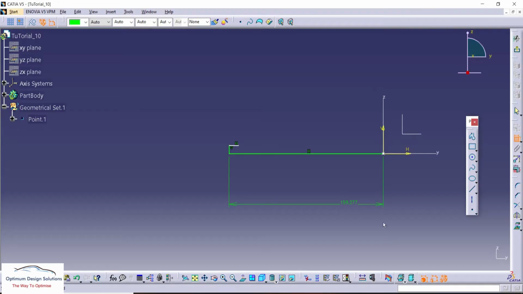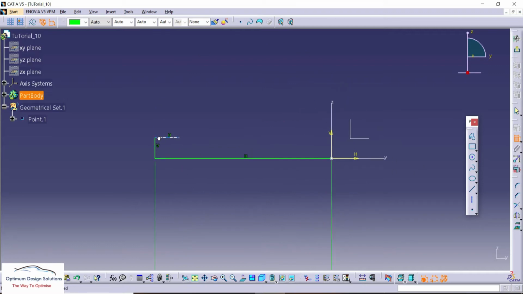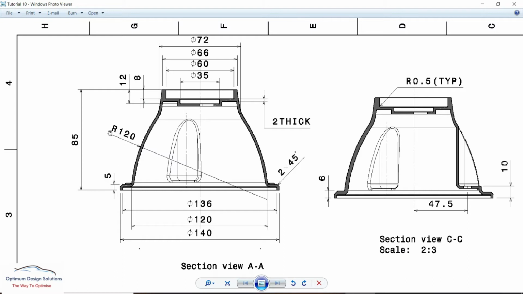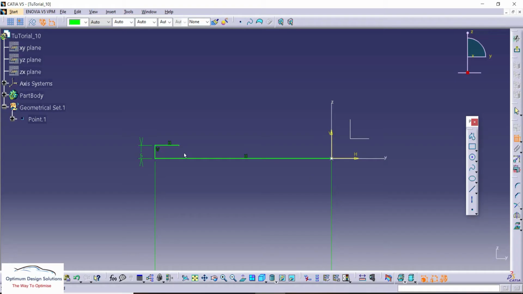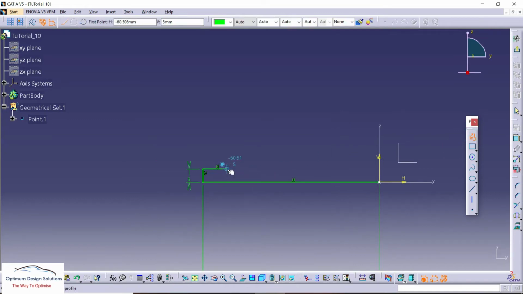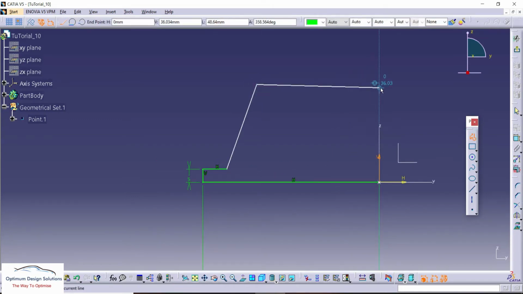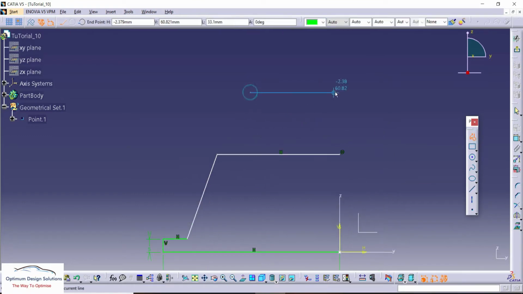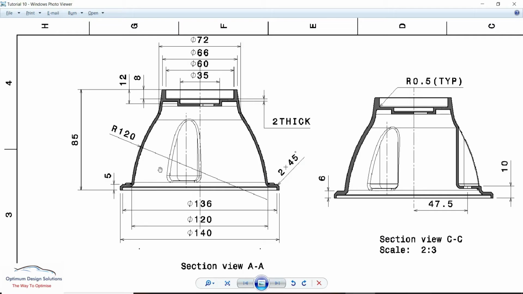So we'll see the dimensions, 140 divided by 2. So this is the 5 mm, here the 5 mm. Next, this point is at 60 mm from the center. Before giving the dimensions, we'll take the basic sketches.